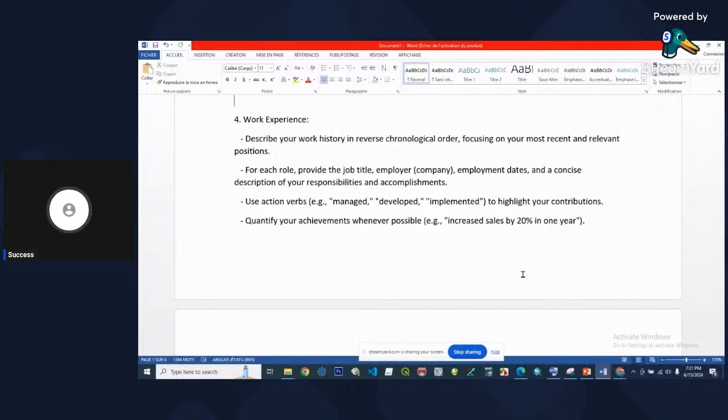Next thing is you quantify your achievements whenever possible. If you increased sales, put it there. You increased sales from which number to which number. Let's say you're a social media manager. You started managing an account that had just 500 followers, but now you're able to grow it to 10,000 followers. Mention it there. You increased the followers from 500 to 10,000 within maybe 7 months. You increased the comments from 2 comments in a post to more than 100 comments in every post. Those are things that matter.